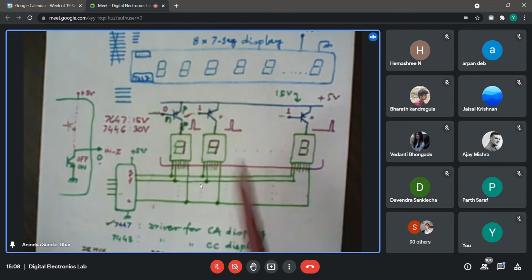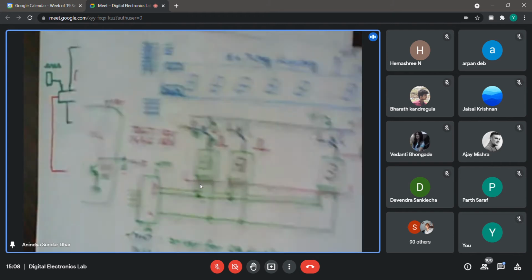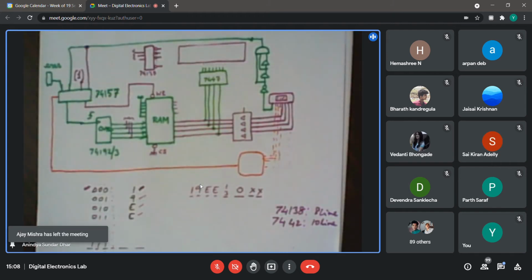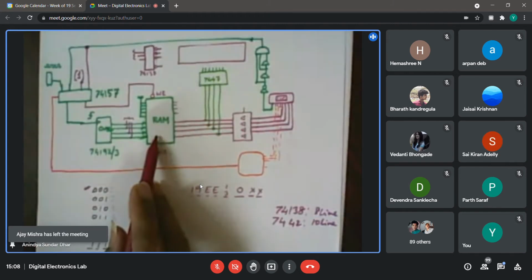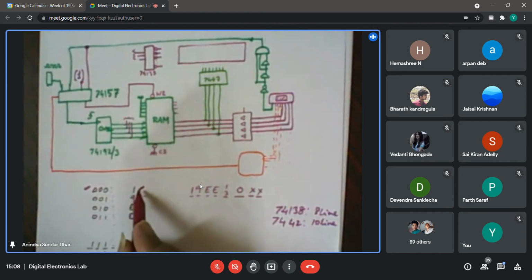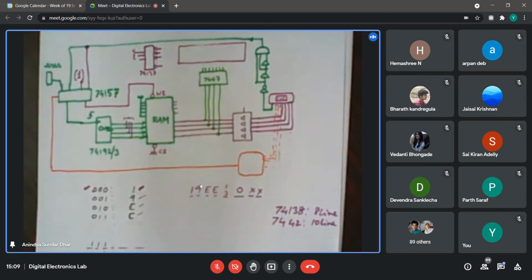Then only it will light this up. So these two things have to be ensured: when I am lighting up the first character, RAM has also been written with whatever it is supposed to display at the first character in this location. Because if it got shifted, then 1, rather than showing in the first character, will be displayed in some other place, which is certainly not desirable.